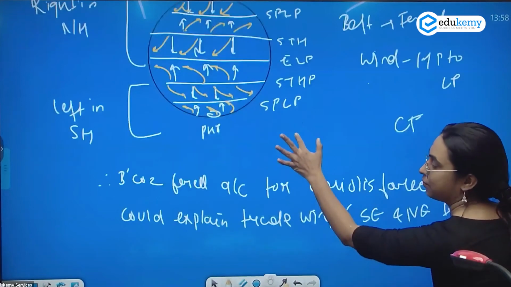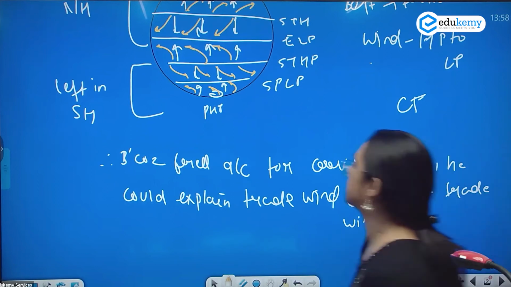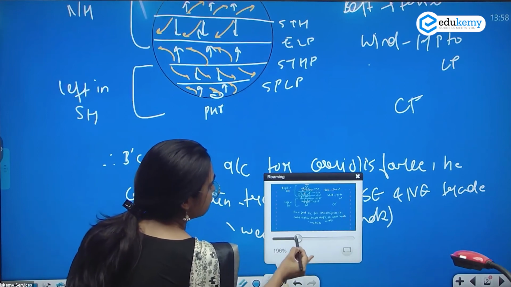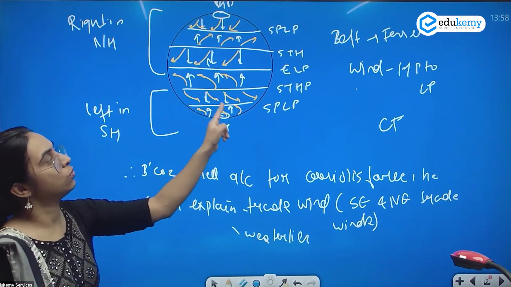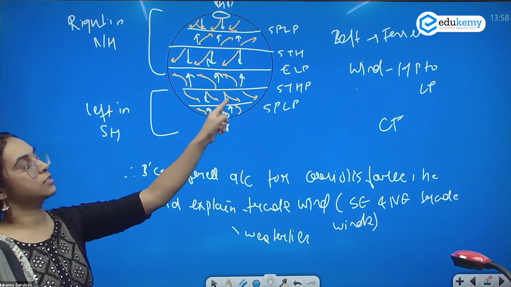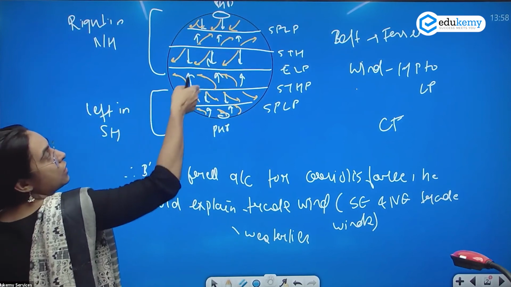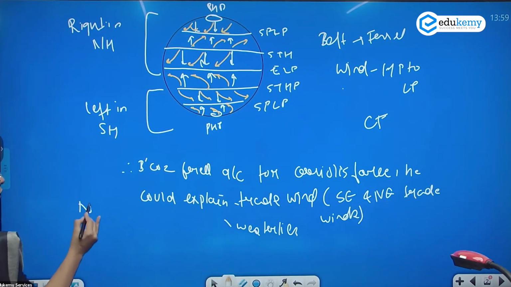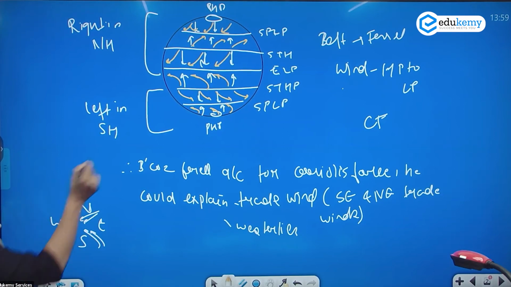He could explain them. He could also explain the westerlies. Here you can see westerlies. They are coming from west to east. So he could explain westerlies, west to east. He could explain trade winds, that is northeast and southeast. If you look at the cardinal points, you have north, south, west, east. Okay, southeast would be like this, northeast would be like this. So he could explain northeast as well as southeast trade winds.